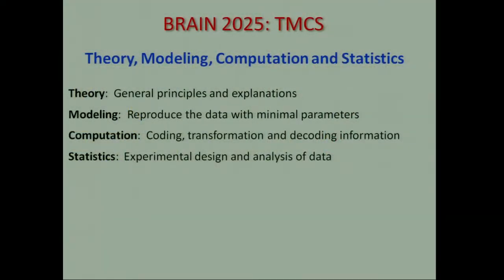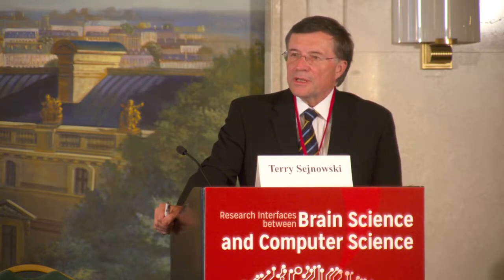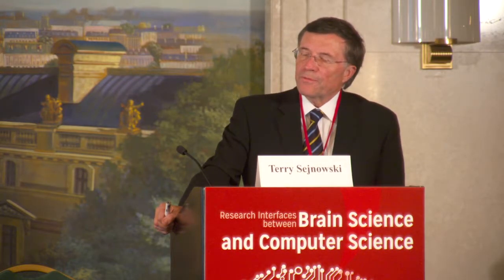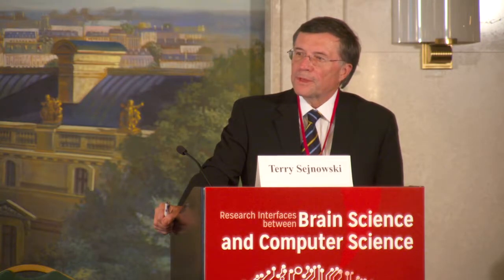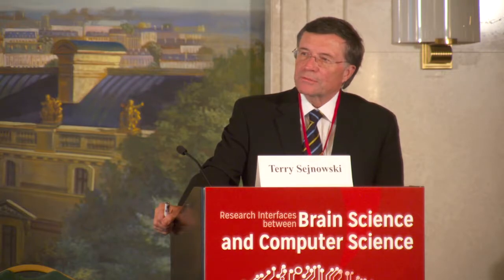Now, this theory is the most difficult part, in part because we don't have any good theories about the brain. We have lots of theories, but I don't think we have any really good ones. And that's because I think that theory in biology has a different character from theory in other areas of science. So what has been the most successful theory in biology?